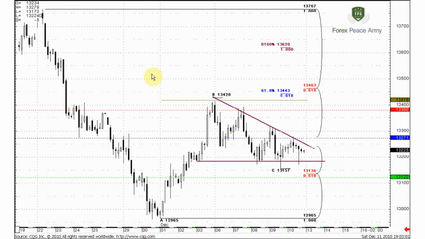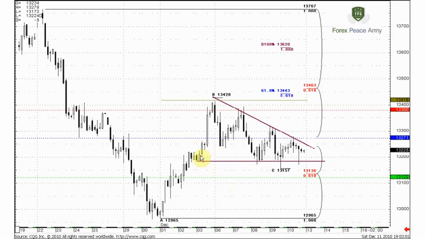Here is the 4-hour chart of the euro currency. What do we have here? We can see an obvious triangle pattern forming currently on the 4-hour chart. Usually triangles are continuation patterns, but when the market shows a strange behavior, the breakout of the triangle happens on the fifth move inside the triangle.